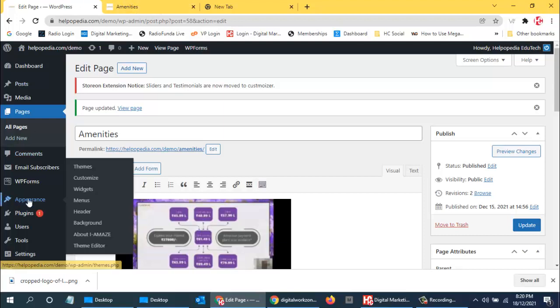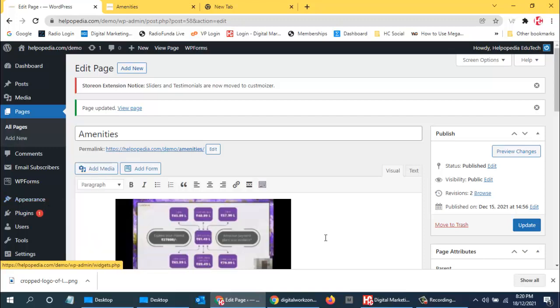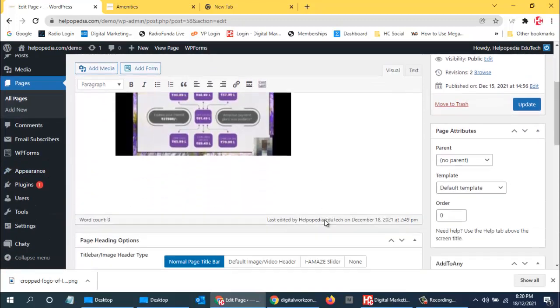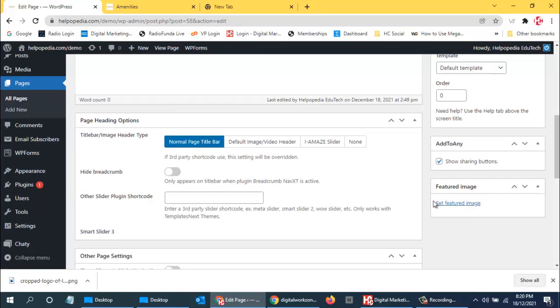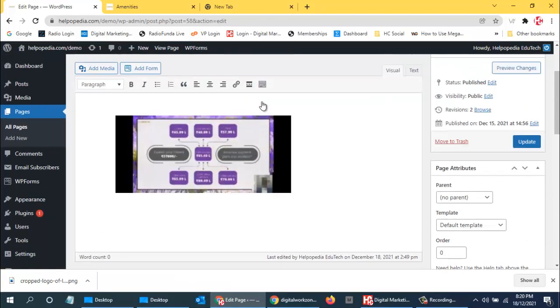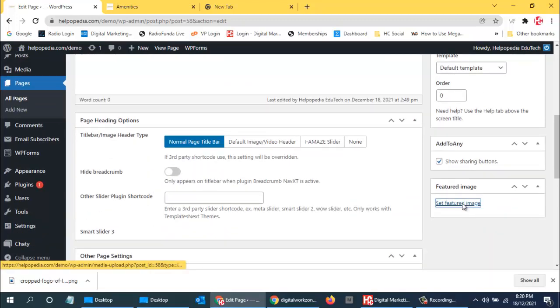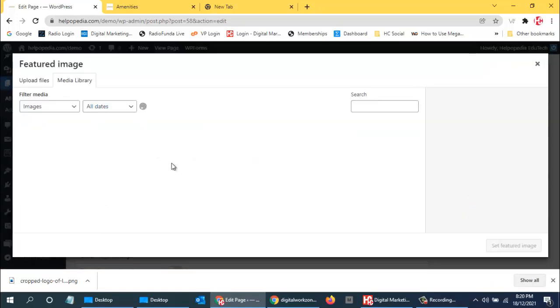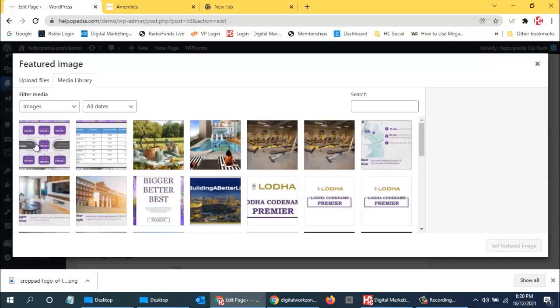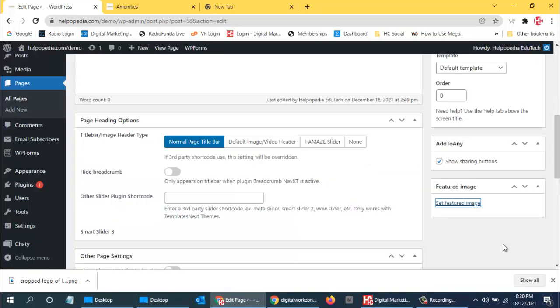So widgets will work according to the themes, right? Over here, if you want a featured image, then you can use it from here, so that you don't need to add it in the center. If you want it as a featured image, you can use this. Suppose I use this over here, so that image is coming up.